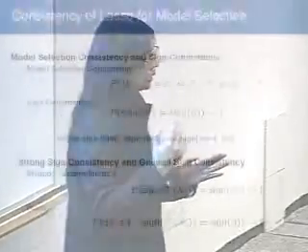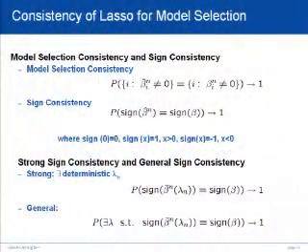There's an earlier work by Knight and Fu showing that if you look at the L2 distance between the estimator through Lasso and the truth, and you properly choose your lambda, it is consistent. But that doesn't address whether the non-zero components are consistent, because you can have a tiny bit, never 0, but L2 is OK. So we're going to look at the 0-1 loss, whether you pick the right ones.